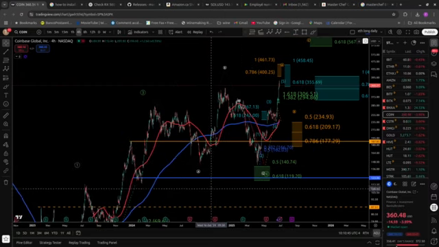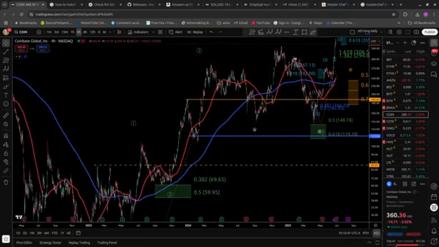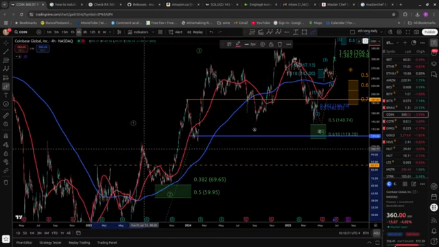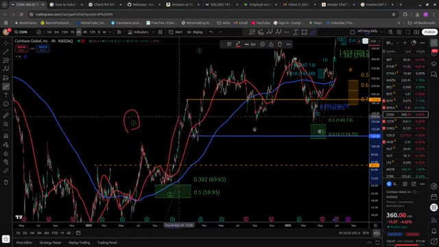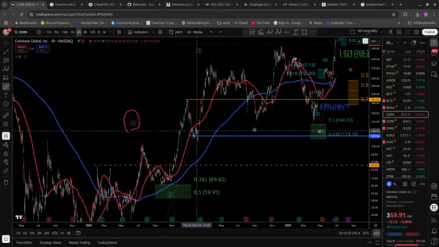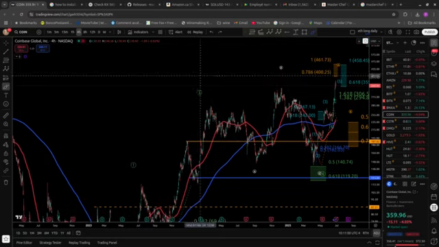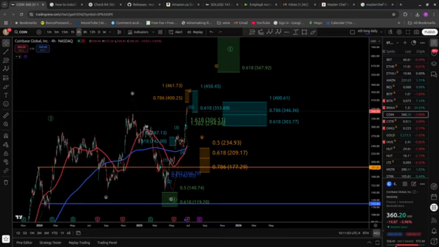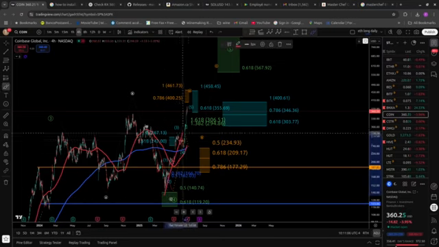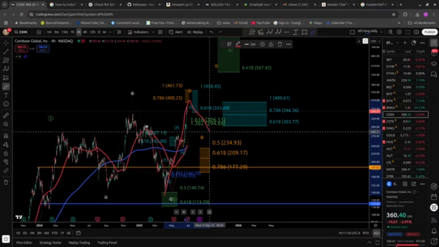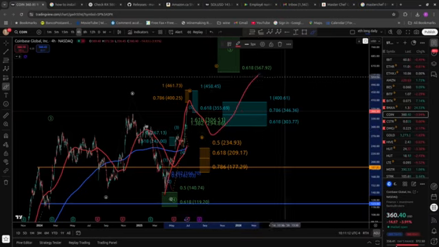Let's remember that it's a diagonal, so Coinbase is always making an ABC. This was an ABC for the wave 1. This was an ABC for the wave 3. And so, for the fifth wave, it's going to do an ABC as well. So something like that. So A, possibly this is starting maybe today the B and eventually going to the C.